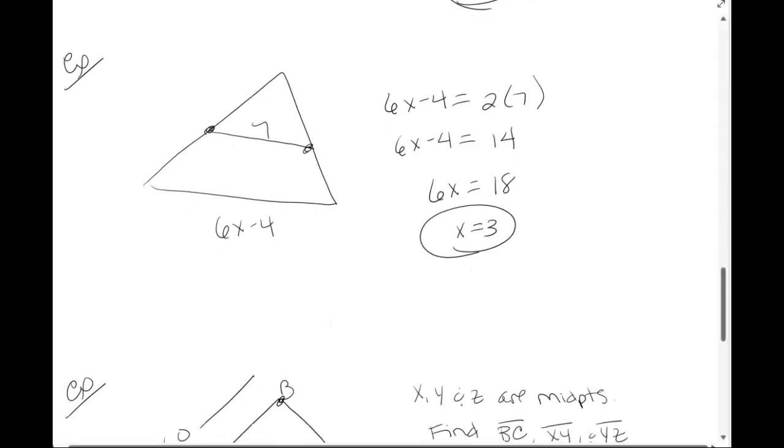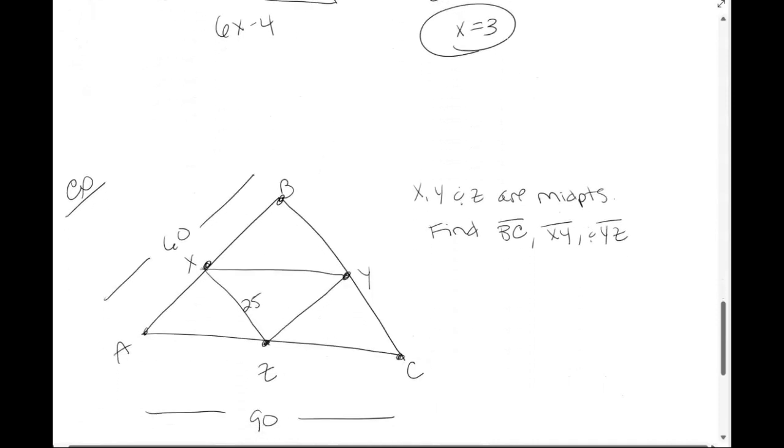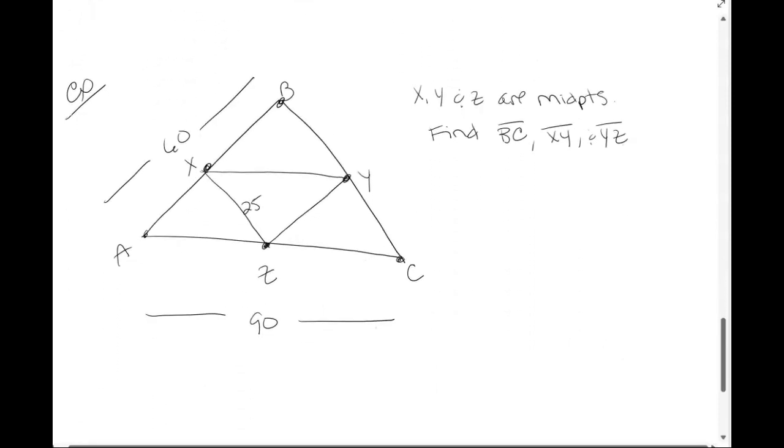Okay? All right, let's do another one. What about if you have like a big old complicated situation like this? All right, they tell us x, y, and z are the midpoints here in your picture. They give us some information. They give us xz, they give us ac, they give us ab, and then we need to find these 3 missing segments. So to start with bc,